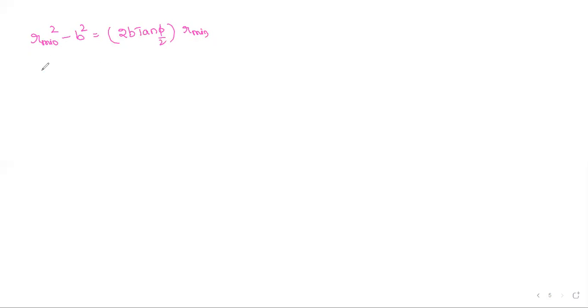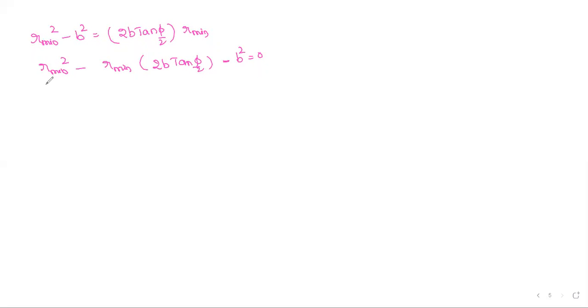This is one quadratic equation, that is r minimum square minus r minimum into 2b tan phi by 2 minus b square equals 0. This is the quadratic equation you got. It appears like